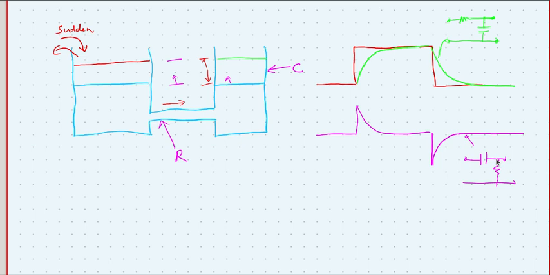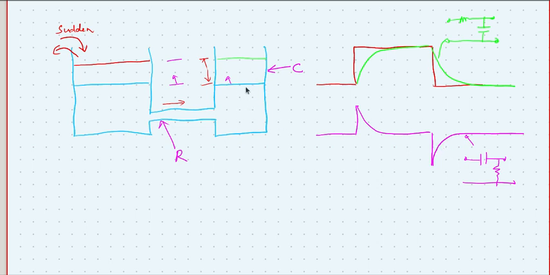Or if you look at the potential difference across R, that means R is this, so one side is this level, the other side is this level. So you are checking the difference in the two levels, then this is what you are going to see. So this is the integration action and this is the differentiation action.